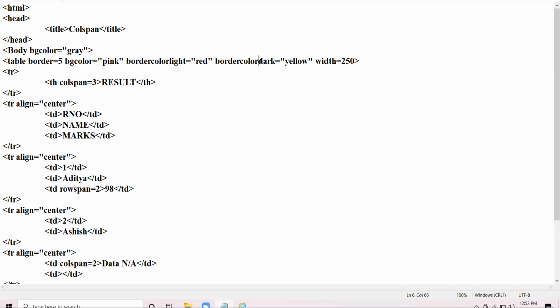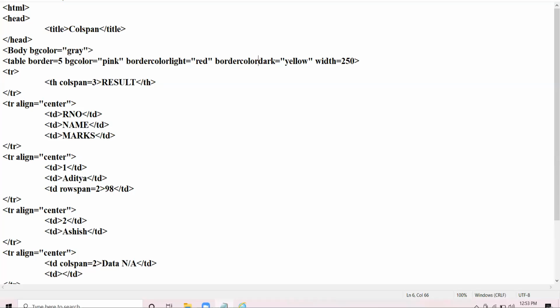So, concerning border, you have 4 attributes in the table tag: border, bordercolor, bordercolorlight, bordercolordark. I again repeat, border, bordercolorlight, bordercolor and bordercolordark. Okay, clear?